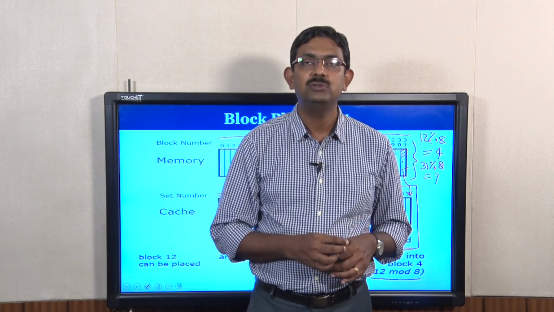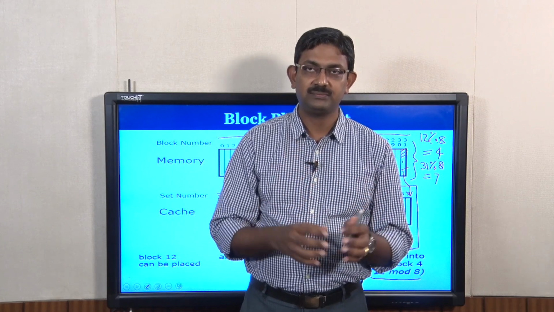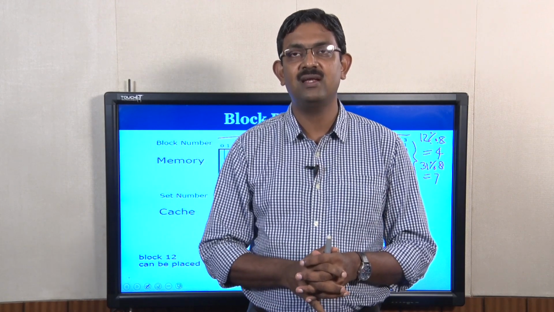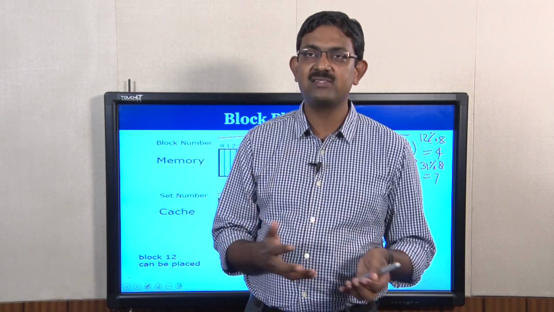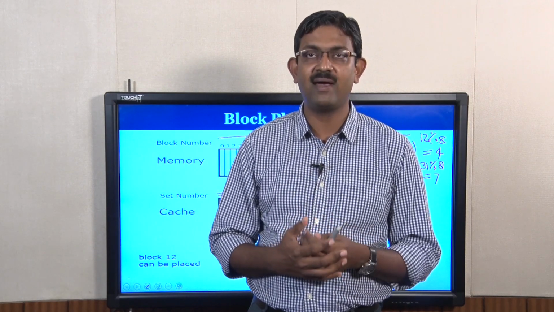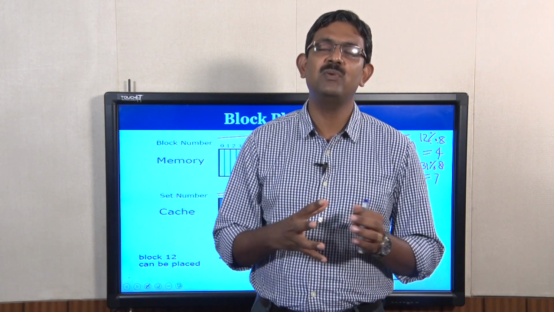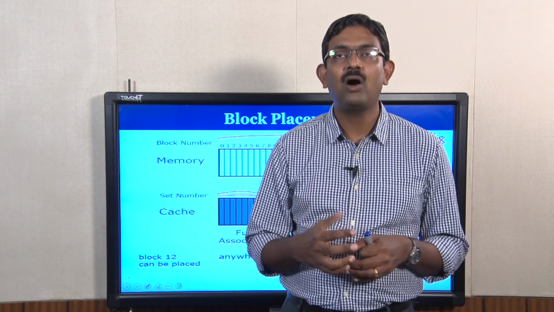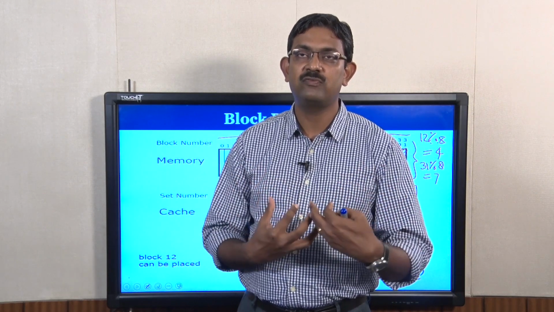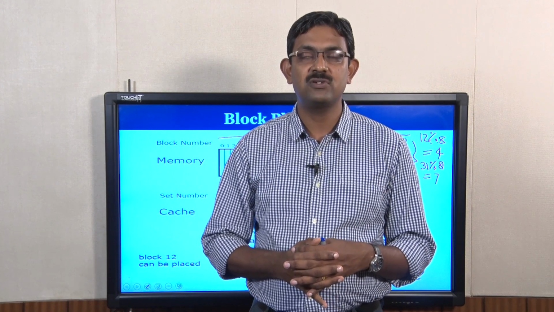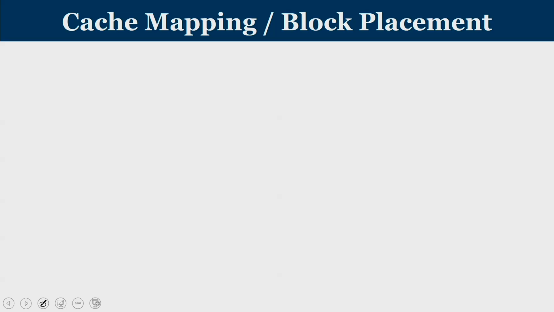Similarly, I can think of an 8-way associative cache, where 8 different addresses are mapped onto that, or 8 different blocks are coexisting, or 8 different subjects are coexisting inside the same book. And when you don't have any restriction at all, for any subject you can write anywhere, that is called a fully associative notebook. So I hope this example will give you a little bit of clarity about how this concept of block placement is introduced into cache memories.